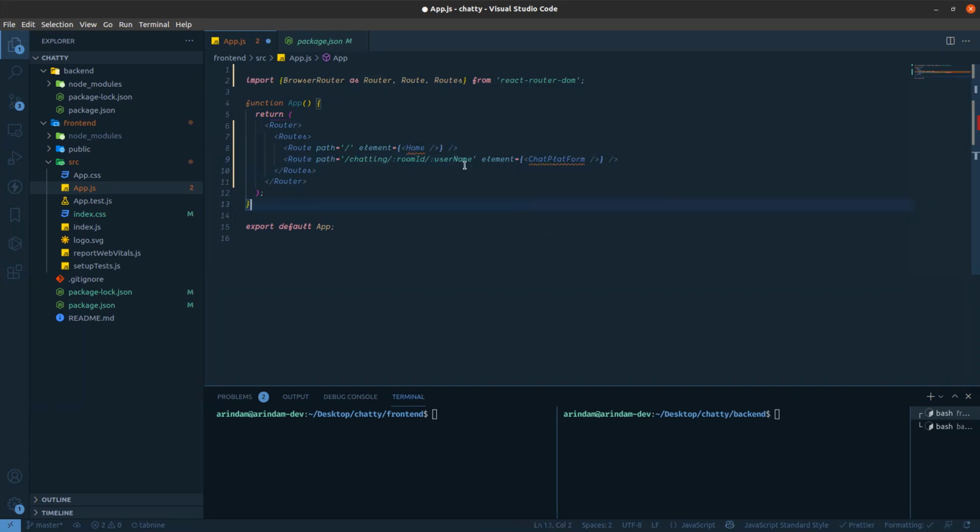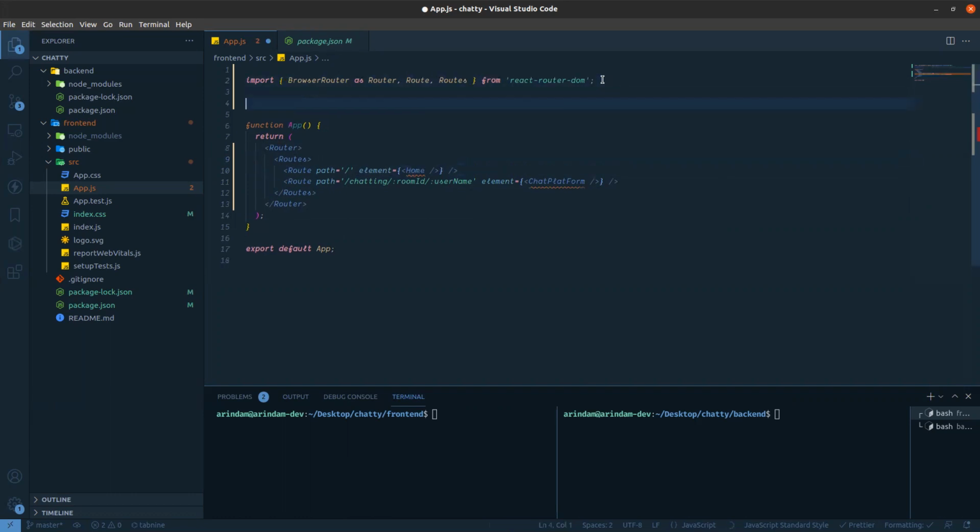So you need to create these two components first. So for Home, I'm just importing, but I haven't created yet. So this will be from elements.